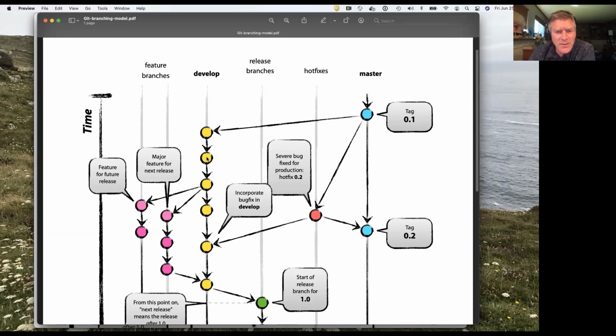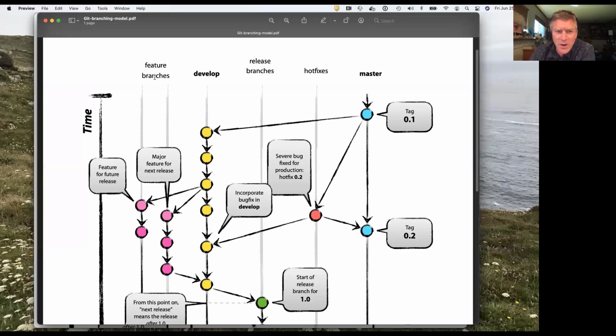The idea behind the develop branch is that this is not really code in progress. Everything on the develop branch should pass all tests. So despite the name develop, this is mature code that passes all tests and should be documented. So that's what's in the develop branch.